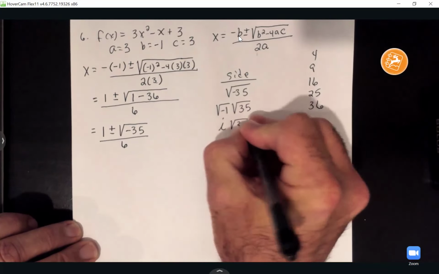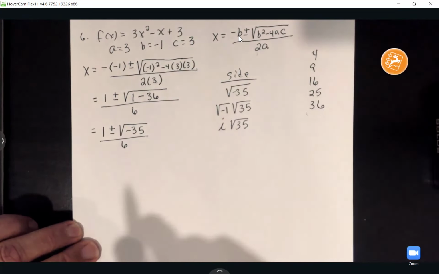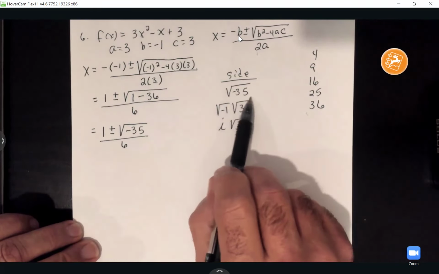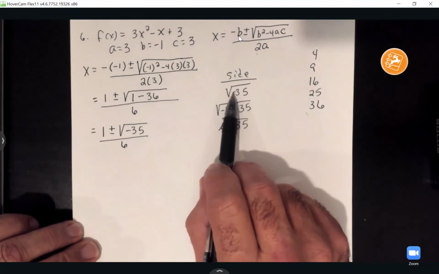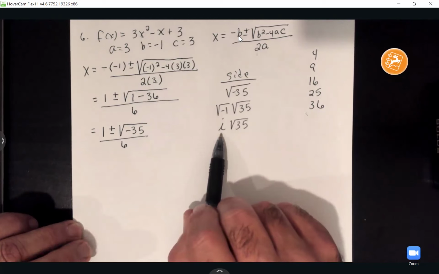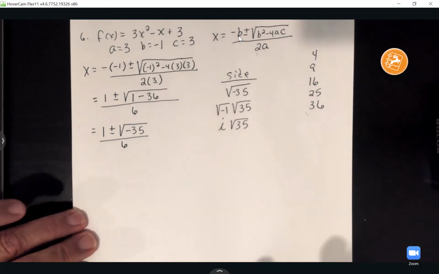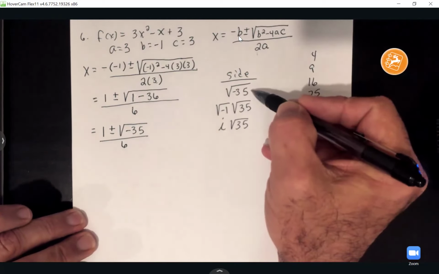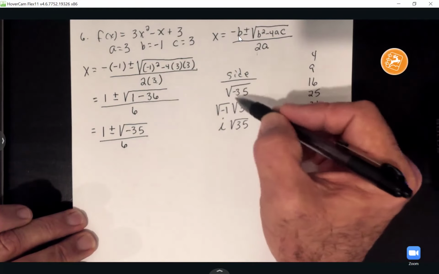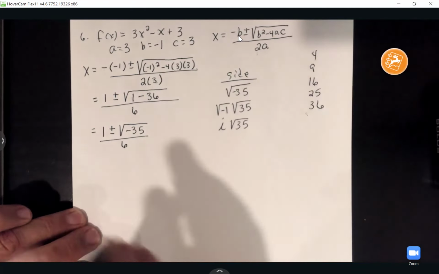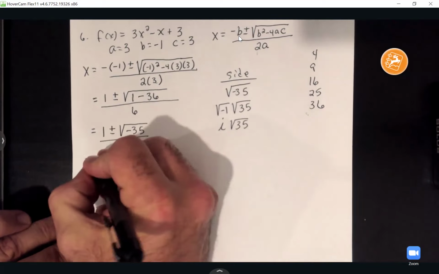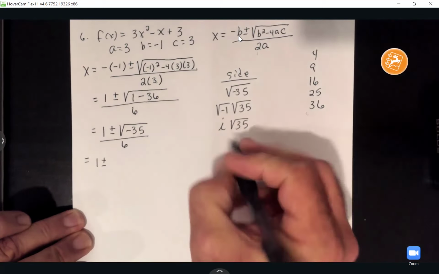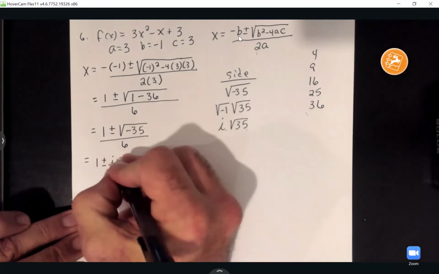And then bring down your 35. So you're probably not going to be able to simplify the number, but you got to bring the negative out as an i. Because remember, in the real world, like signs are never going to give us a negative answer, okay? So I'm going to come over here, 1 plus or minus i square root of 35